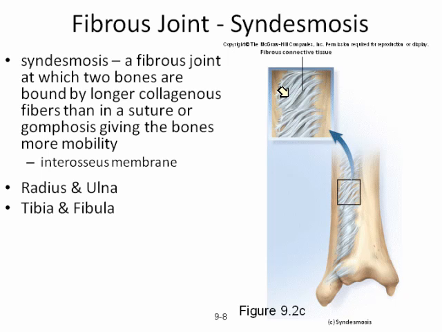It's a fibrous joint that is formed between those two bones, and it allows for rotation. It gives those two bones a little bit more stability, a little bit more structure, and it allows for rotation, and only a certain amount of rotation,